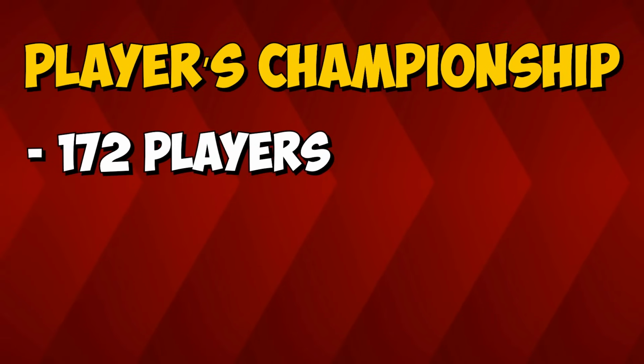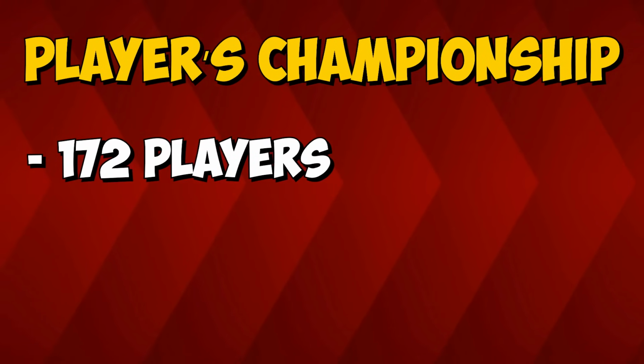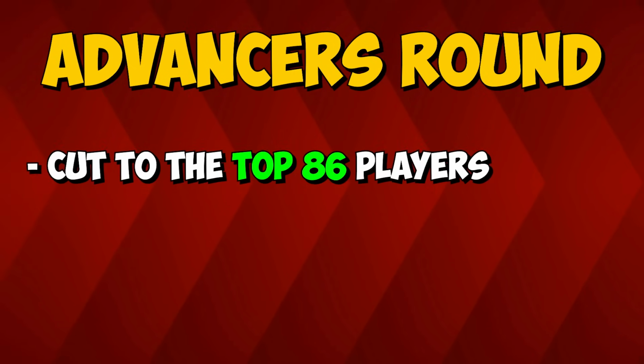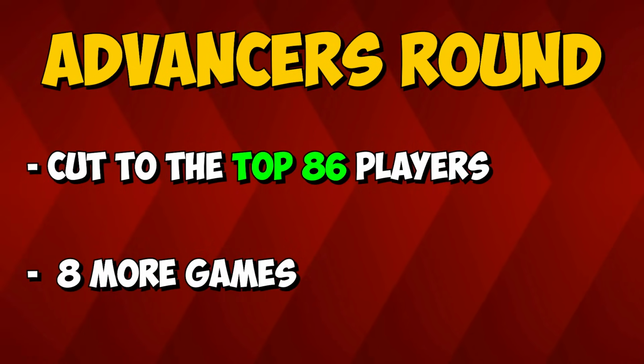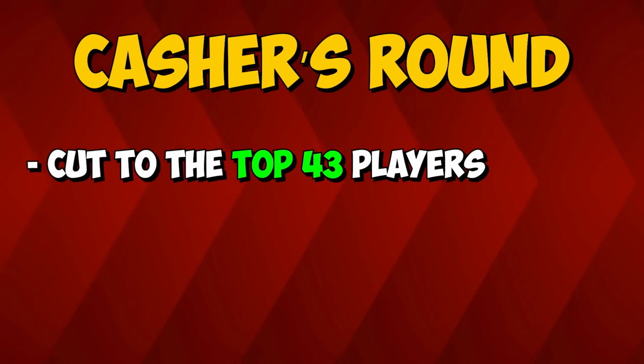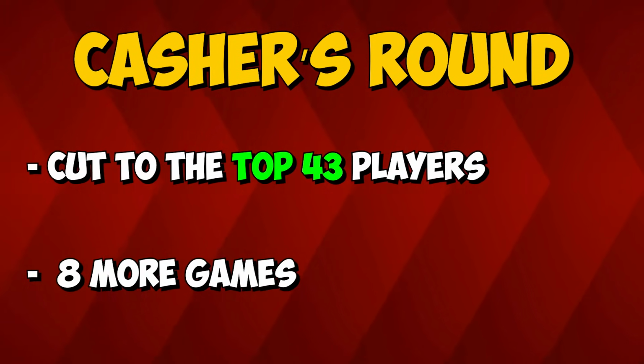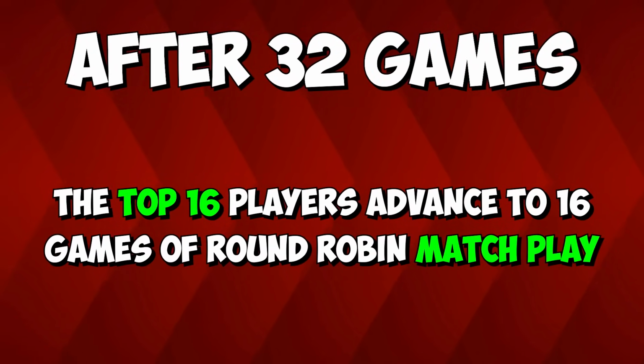Let's get to it. We've got a field of 172 players competing in 16 qualifying games over 2 days. Then we cut the field in half and bowl another 8 games in the advancers round. The field then gets cut in half again, and players compete in another 8 games in the cashers round. After the cashers round, the field gets cut to 16, and the remaining players will compete in 16 games of